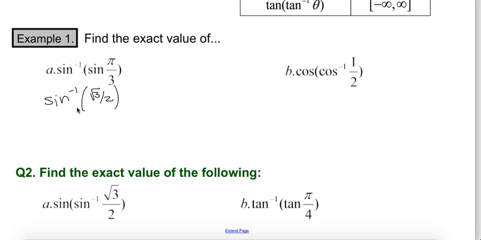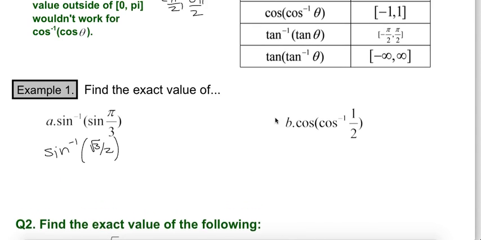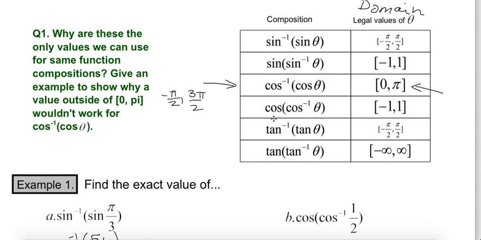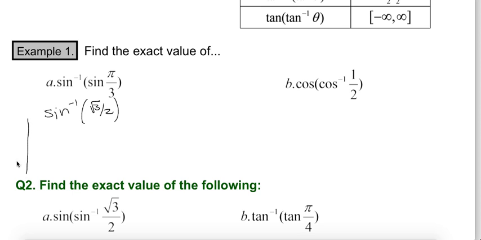So now looking at this, you have to ask yourself, where am I on the unit circle where my y value is root 3 over 2? Well, if you come back up here to our domain chart, we're dealing with arc sine of sine. So the only values that we can plug in are values between negative pi over 2 and pi over 2. So within the first and fourth quadrants, so if this is pi over 2 and this is negative pi over 2, then somewhere in one or the other of these two quadrants, we need to have the value of root